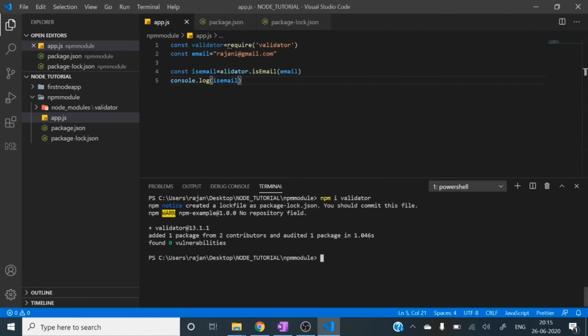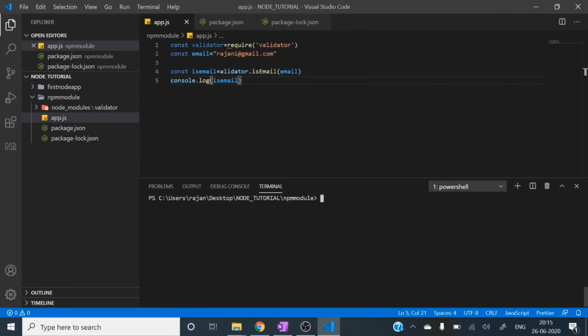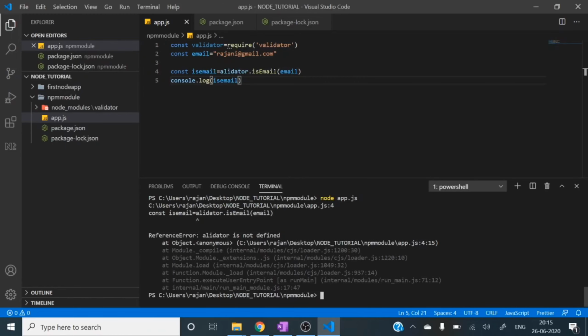So let's see. Let me clear this console. Okay, let's run node app.js. So it will return true. Oh, sorry, that v is missing here. I mean this one, right? Some spelling mistake, typo error.